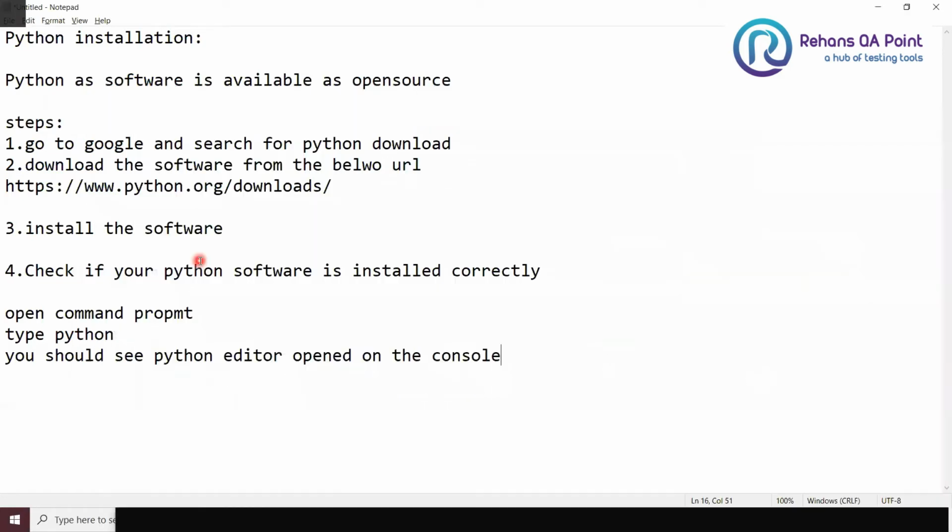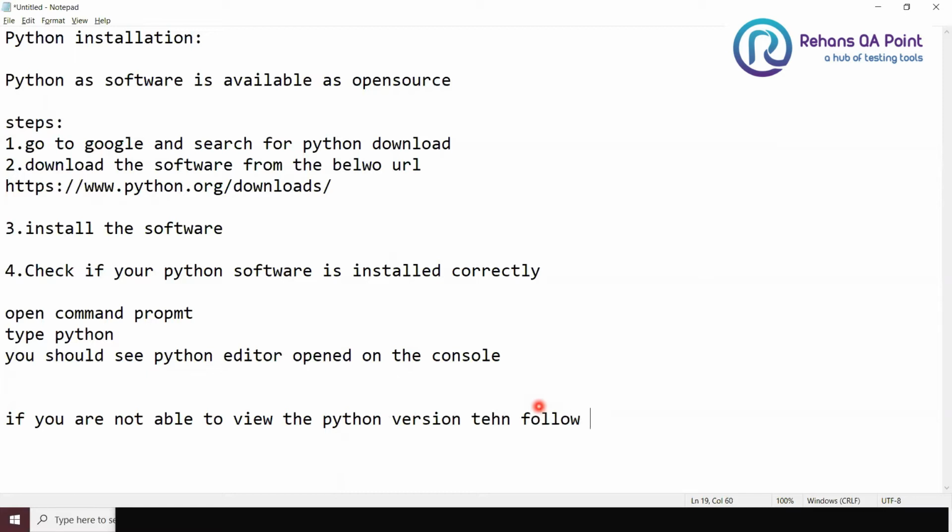Sometimes, if you are not able to view the Python version, then follow the below steps.